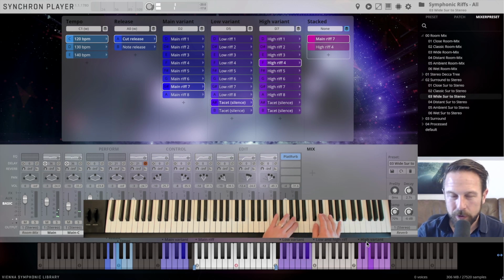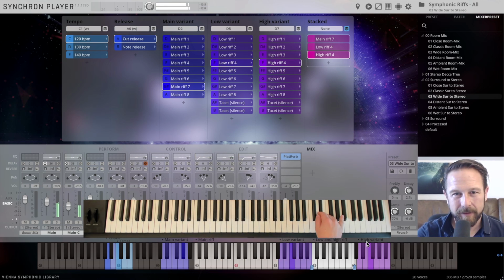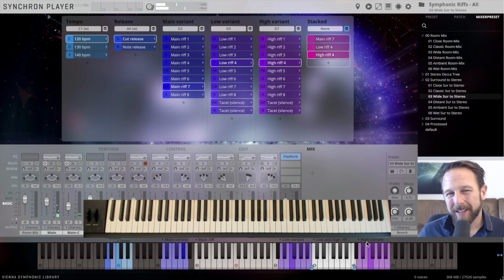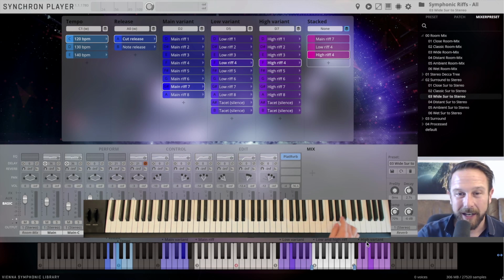And now I can choose which low riff would fit. It's the same number always fits. So it's also the dynamic of a whole orchestra when they're playing at the same time.